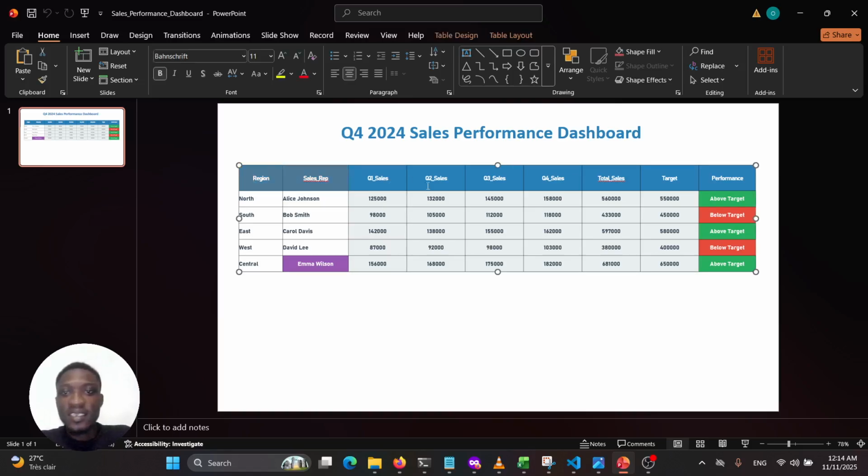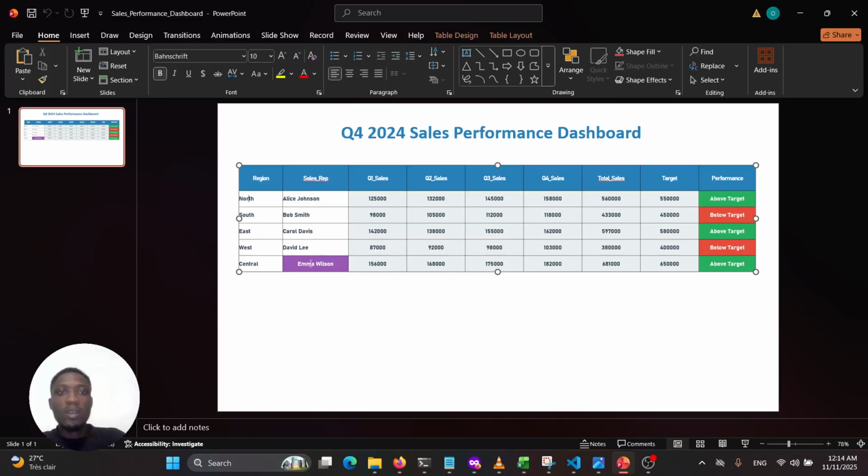You can see this is a Pandas data frame, and this is sample data. And I have designed this. It's not a great design, just a small thing to show you how it works. You can also apply some conditional formatting to your data, as you can see here. For example, on the performance column, each cell is flagged green if the total sale is more than the target, and the opposite, if it's less, it's flagged red. We also have the top performer here that is flagged